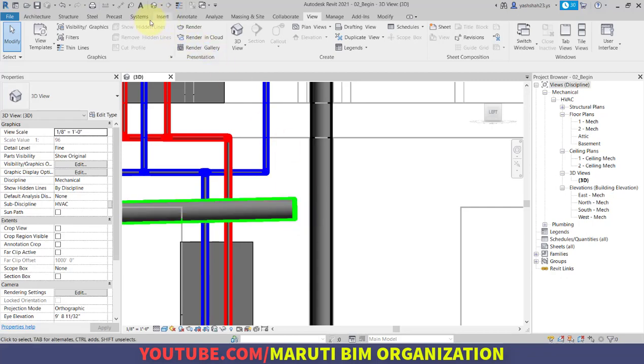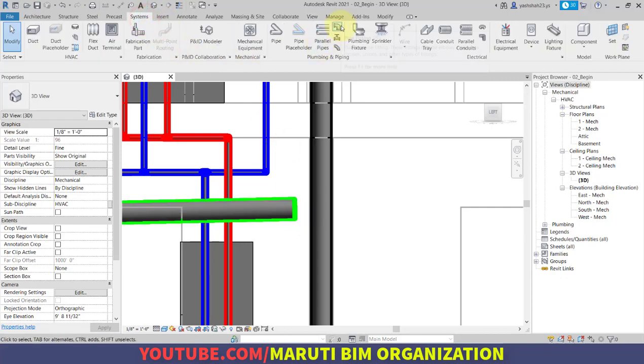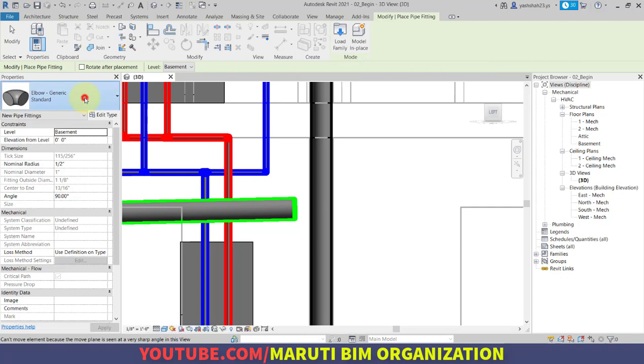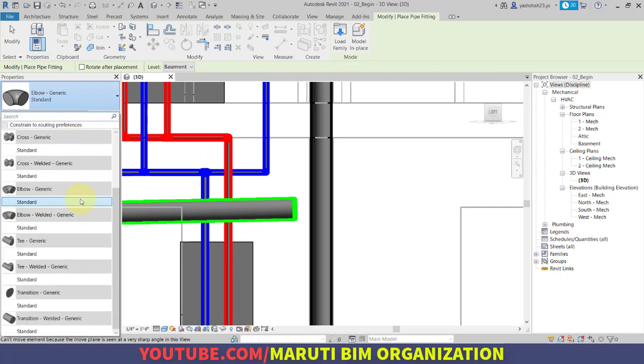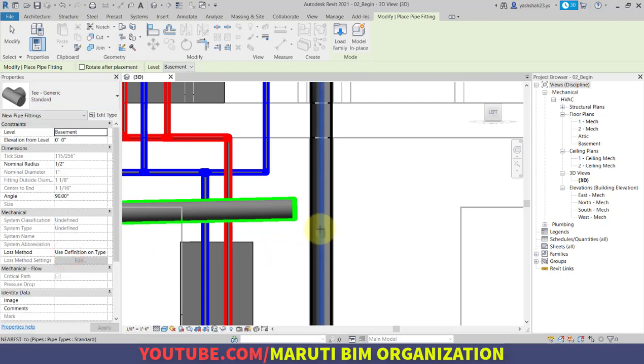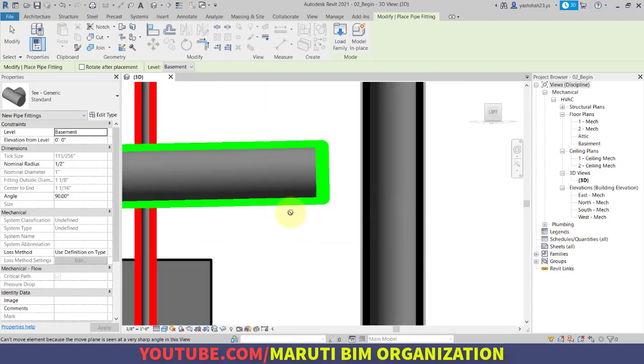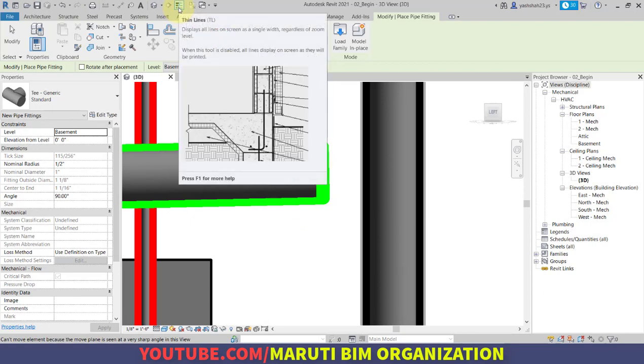So we will go to the system tab, and here there is the option of pipe fitting, PF. We will use this pipe fitting, and here there are some different connections. We will use the standard connection, that is the generic T connection. Before we place it, as you can see all the lines are displayed very thick, so I will turn on the thin line.